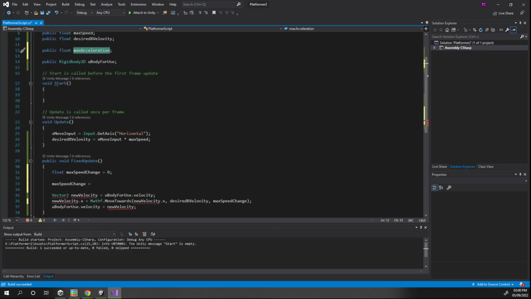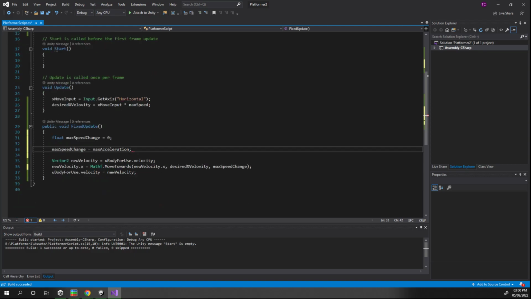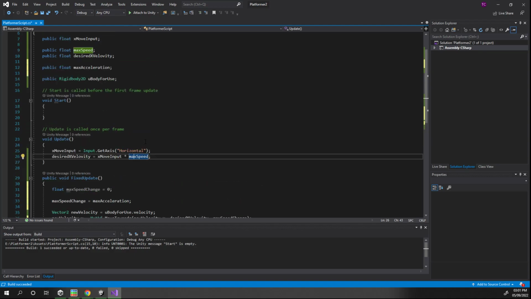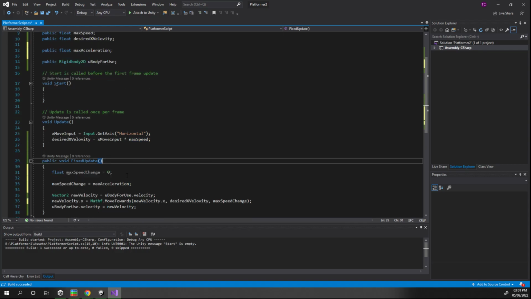Which will be how fast we move. So now instead of just immediately setting the x value to our desired x velocity, we have to move towards it. So we'll start off with 0 movement change in our velocity, and then it will increase over time. So our max acceleration is going to change how quickly we get to that highest value, and our max speed